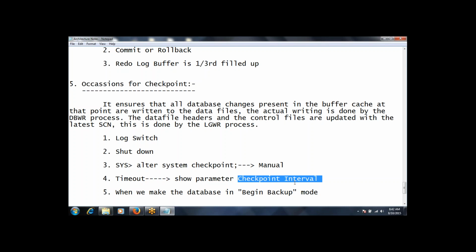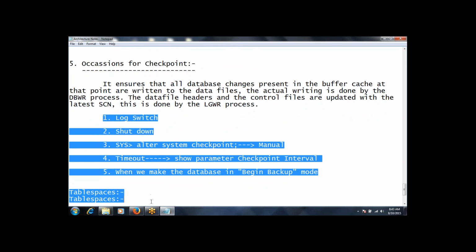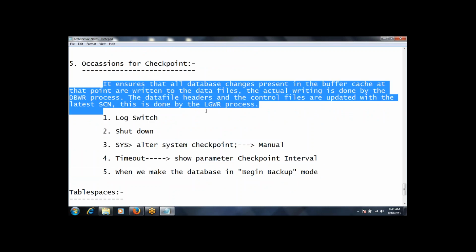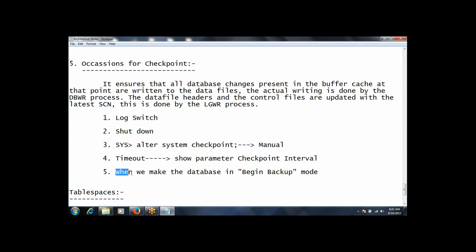Again it gets restarted. So at that given point of time, this checkpoint will get invoked and it will do the two jobs which I told you above. Got it? Yes. In all these occasions, these two jobs are performed by the checkpoint background process. And whenever we make the database in begin backup mode, what is begin backup?